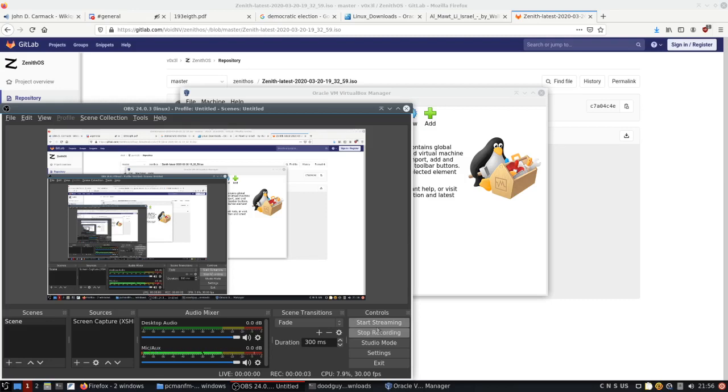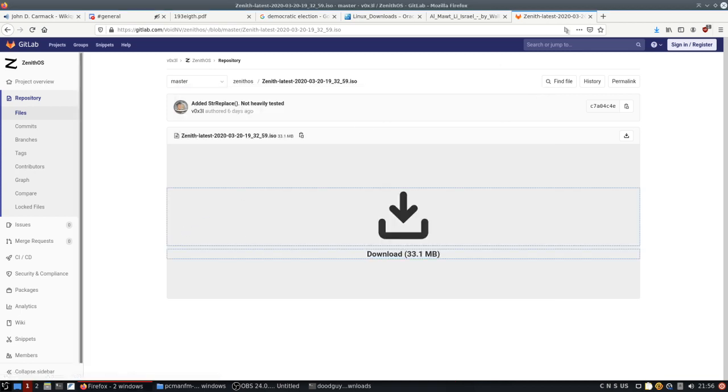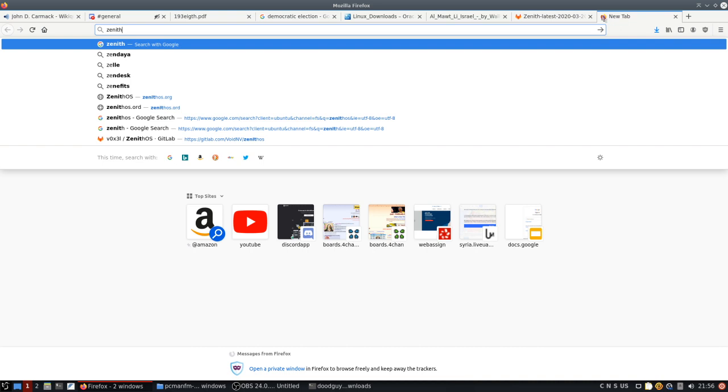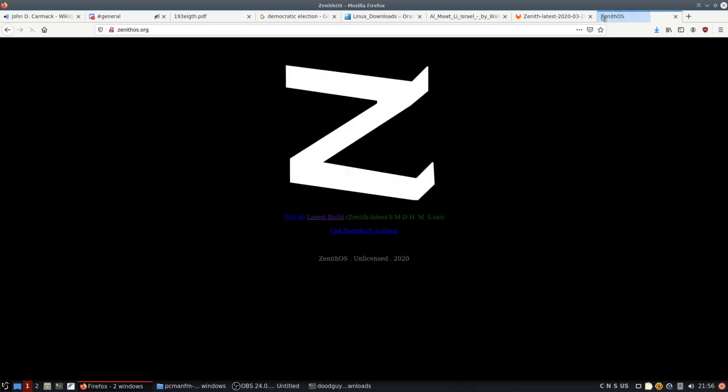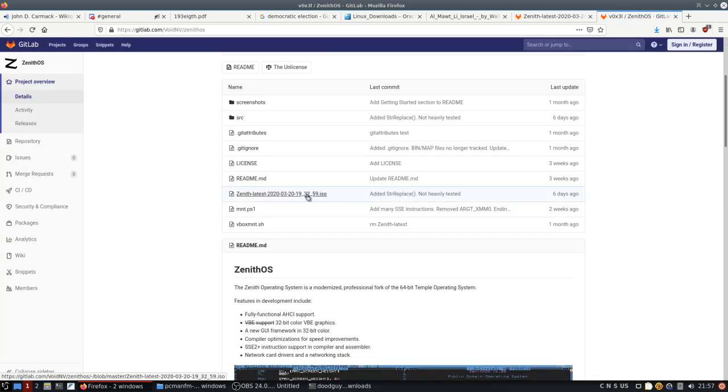Hello guys, today I'm going to tell you how you can install this TempleOS distro called Zenith. Alright. So, first thing you want to do is go to ZenithOS.org. You first got to admire the 3DZ here. Then you go to the GitLab, click on the latest build. You look for the ISO, you click on it,